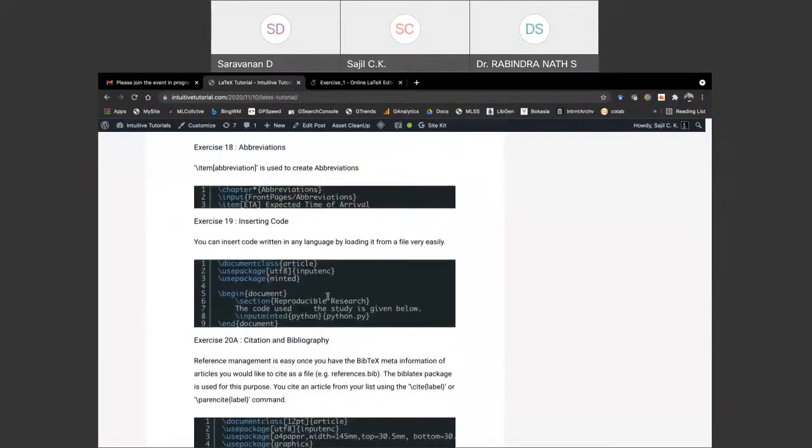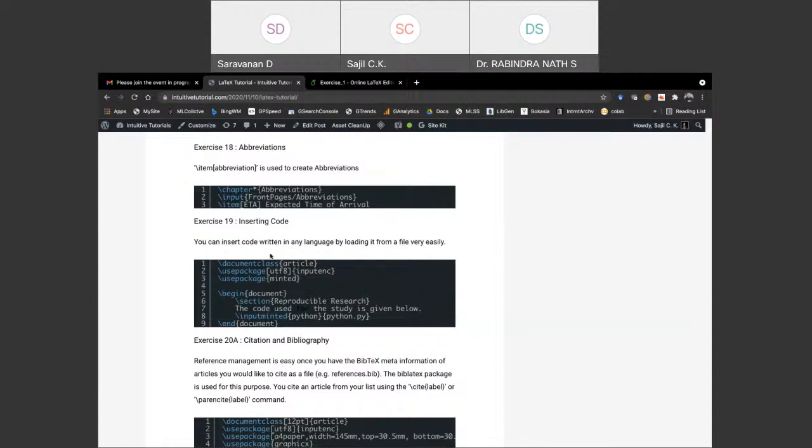Now let me show you how to insert things like source code. For example, if you have some code snippet in Python or R or any language, and you want to insert it into your PDF file, in your research report or thesis, and you want it to appear in a nicely formatted way, just like we see in blogs or websites.